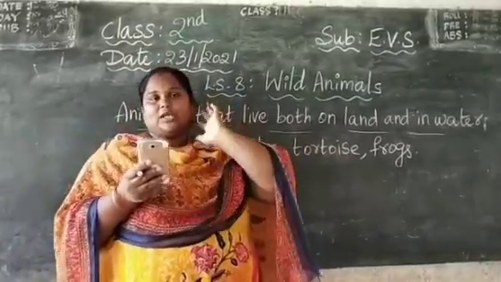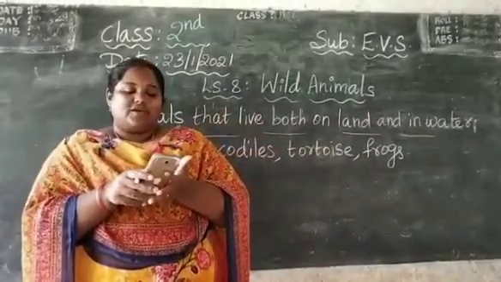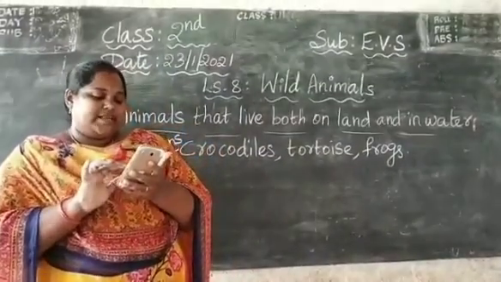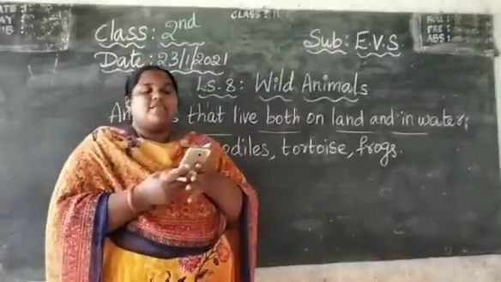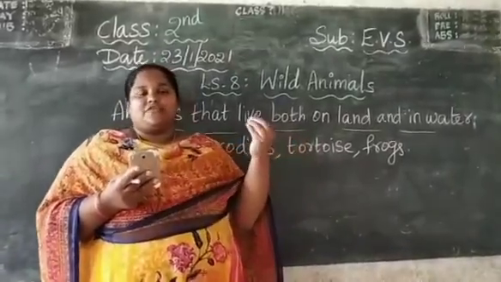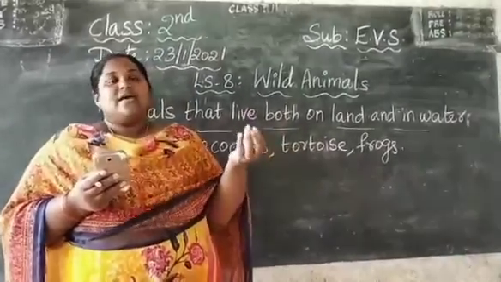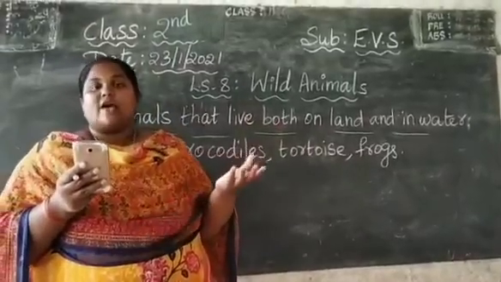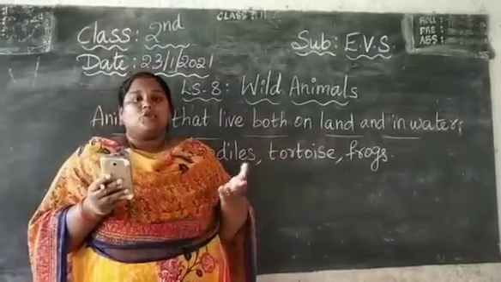The first topic is animals that live on land, like lion, elephant, giraffe, etc. They live on land only, and the lion is the king of the jungle. Next is animals that live in water. Some live in fresh water like fishes, and some live in salty water like the seahorse. These are called aquatic animals. Most have a boat-shaped body and breathe through gills.